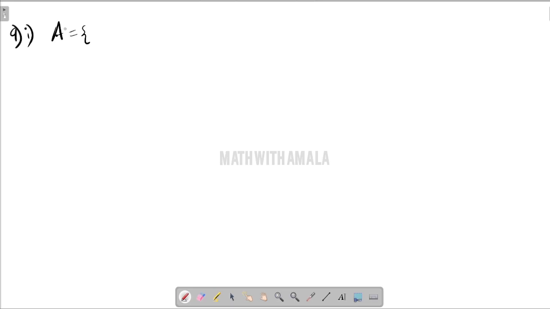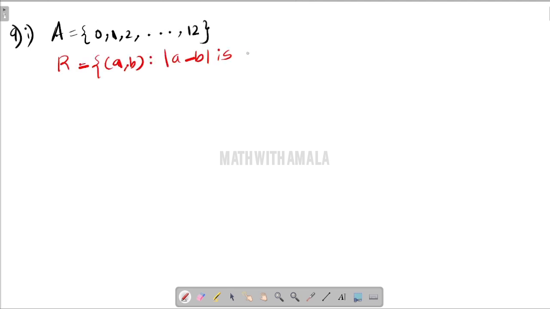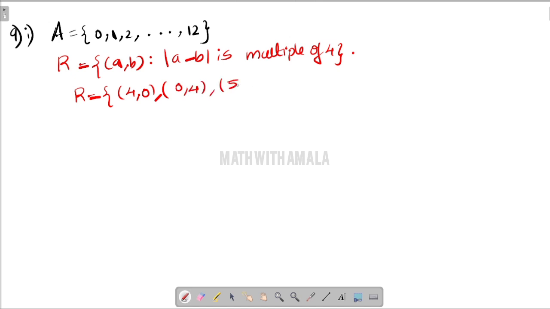This is part number 4 of grade 12, chapter 1, Relations and Functions. Here we deal with the continuation of exercise 1.1. We deal with question number 1 first. The first part is A equal to 0, 1, 2, 3, up to 12, and we are given a relation: the set of (a, b) such that modulus of a minus b is